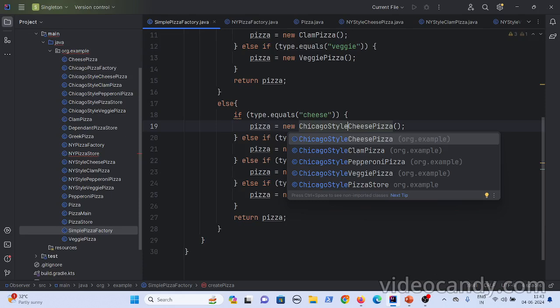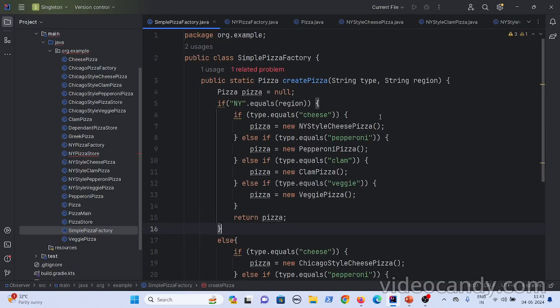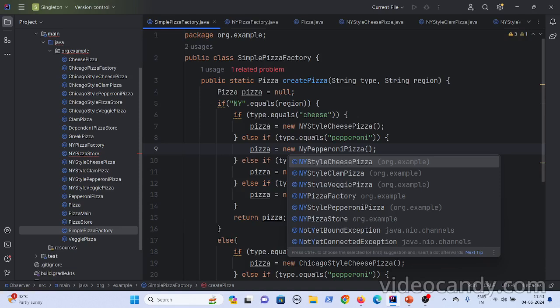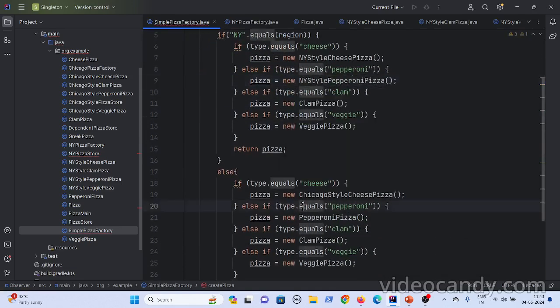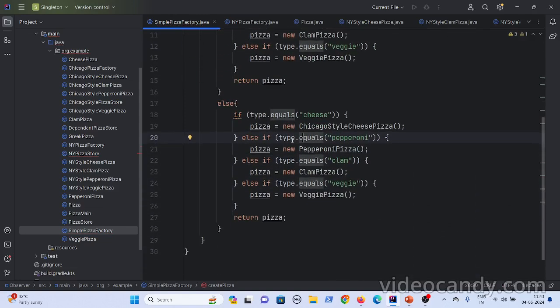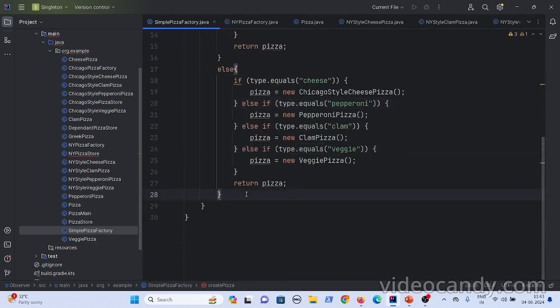So if the business is expanding to multiple regions, be it the food business or the car business or anything, you will end up creating multiple varieties according to the regions. Now whatever are here, you have to do like this, because this is for New York, okay. NY style pepperoni pizza, or you can do like this. But if you see here, even this class, you are modifying it multiple times. Now if a new region gets added, again you have to add an else if for some region clause, and then you have to add everything.